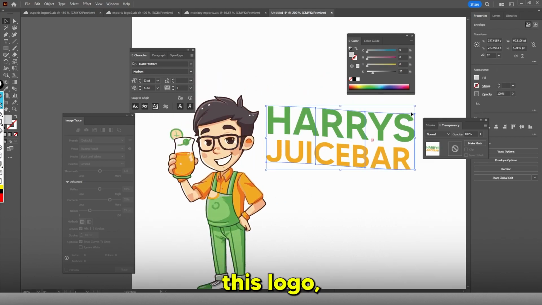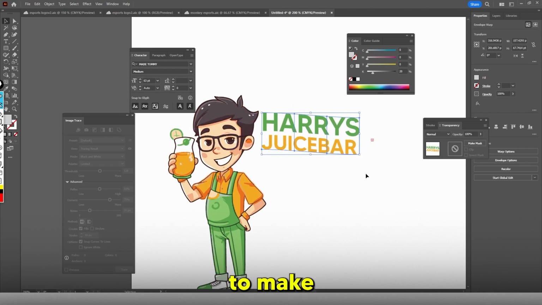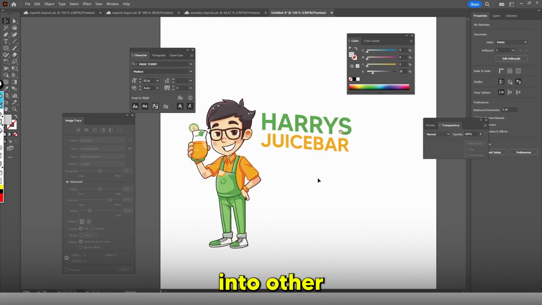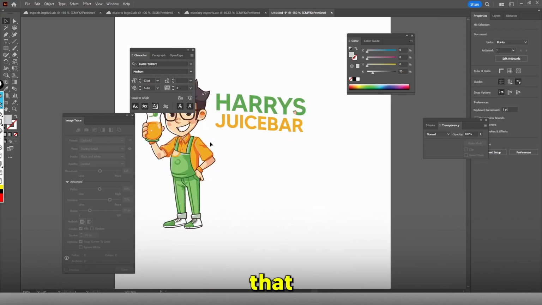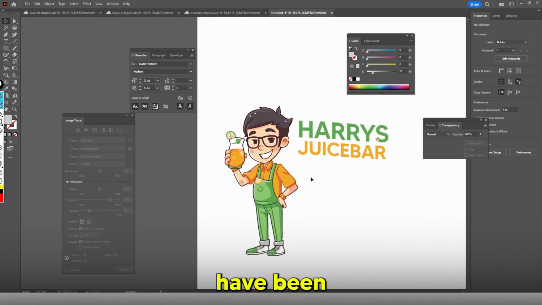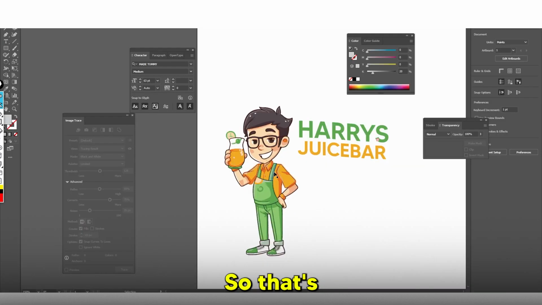Now you can sell this logo. You can make this logo however you want. You could put this on your business if you're trying to make a business. And what's great about this, guys, is you can then export this logo into other different programs if you want. I would recommend you guys do this because this is definitely something you can do. This is a cartoon mascot that I created literally in 5 minutes, guys, and it would have been quicker if I wasn't trying to teach you all how to do it. That was created within seconds, and that's definitely something you can do. Literally anyone can do this. So that's how you create clean logo designs. Now of course for the esports one,